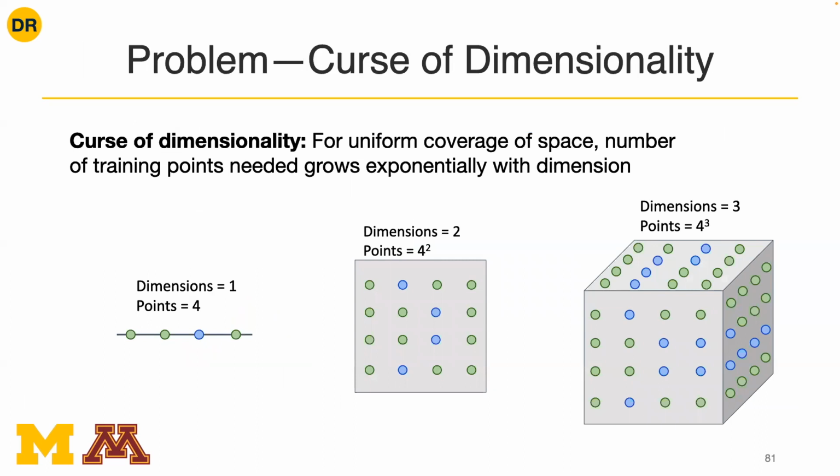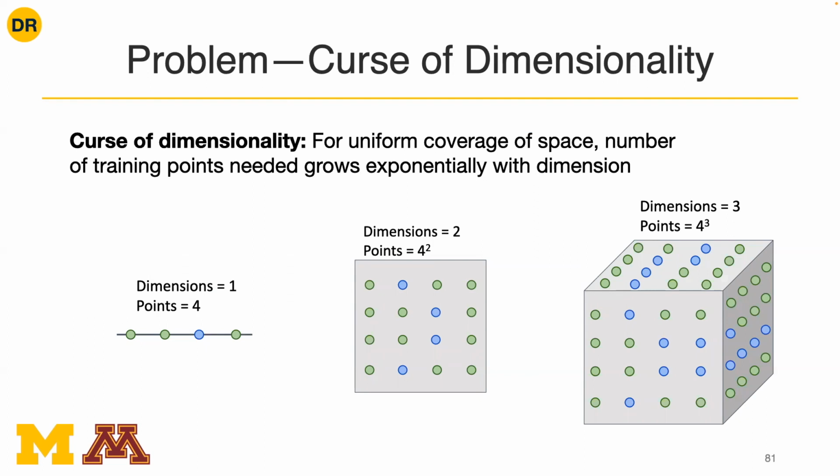Okay, so given this very nice property of k-nearest neighbors, that in theory we could approximate any function, the problem that we're going to run into is what's called the curse of dimensionality. And we see this come up over and over within artificial intelligence. What the curse of dimensionality says is that if you have some space and you want to have uniform coverage of it, the number of samples that you would need from that space to keep the same density grows with the